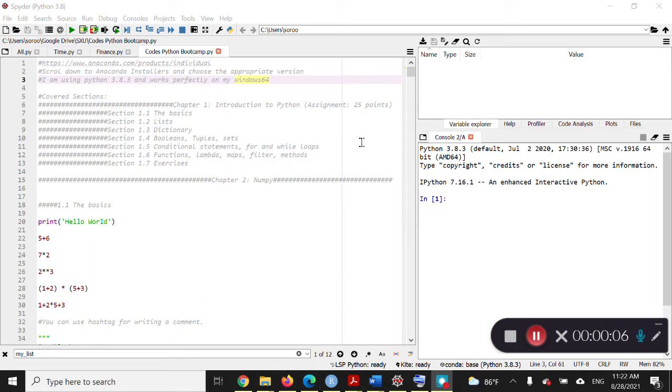Today we want to get started with Python and see how we can work with Python. In order to do that, at the very beginning, you need to install Python. How can we install Python? There are some different ways to do that, but the best way that I can recommend is